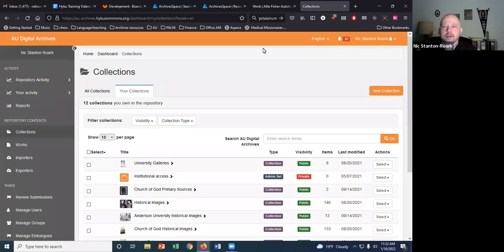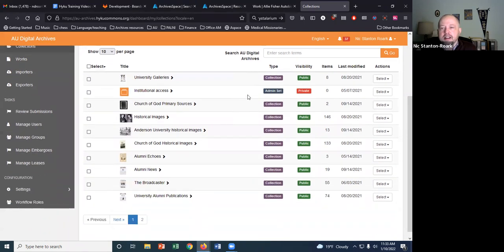All right, in this section, we are going to cover how collections are handled by Hyku and how to create and then do a little bit of customization on a collection once it's been created. First, just to note that Hyku treats a collection, or sometimes it's referred to as a user collection, differently than what's called an admin or administrative set, even though those both get lumped together under the category of collection by